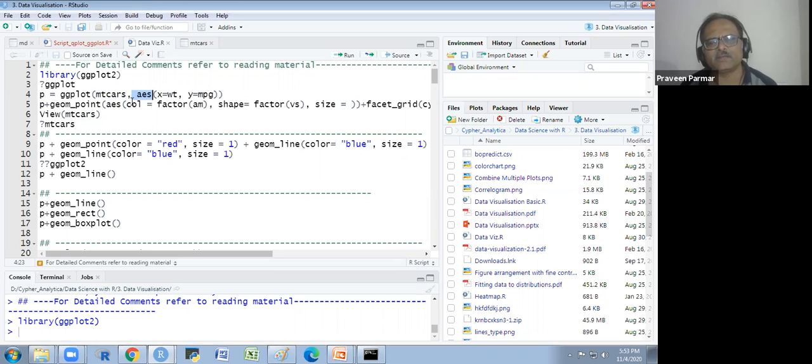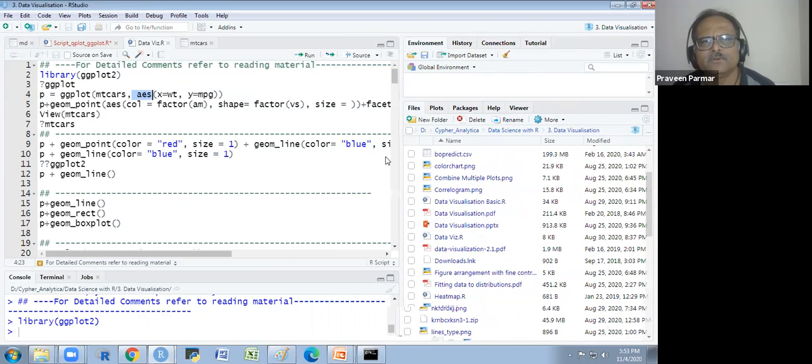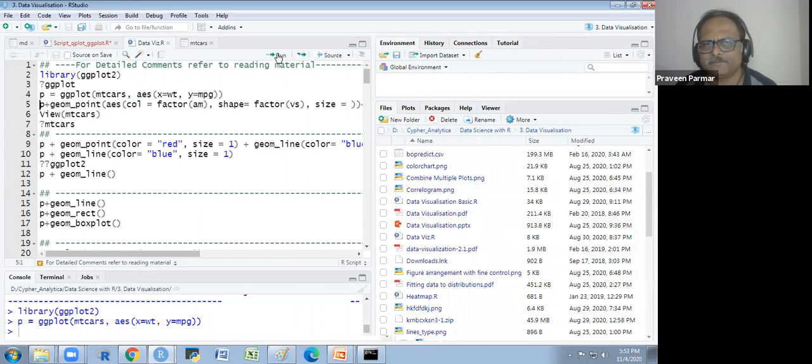So on the x-axis we are taking weight, which is an aesthetic, taken from the data, and on the y-axis mileage will be taken from the data. So these are the aesthetics. All the things related to data are called aesthetics, and the non-data links are not aesthetics. I will explain in detail later so you can better understand. But here I will just show you this platform I am creating.